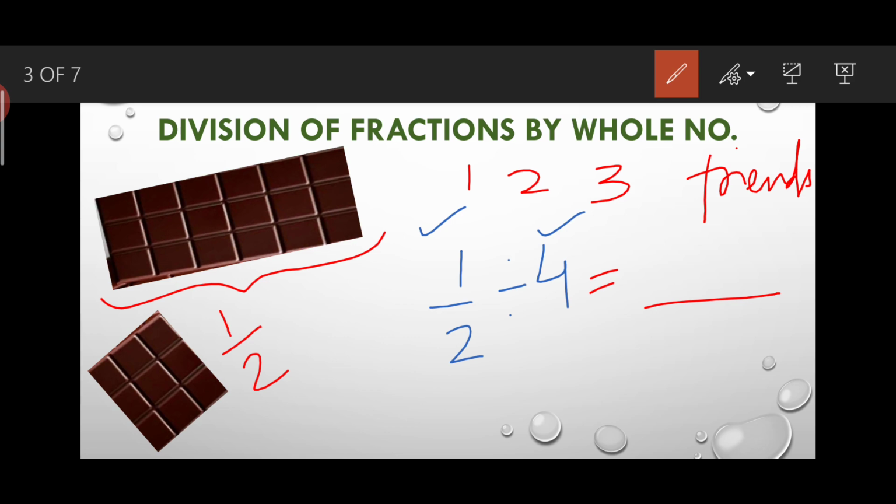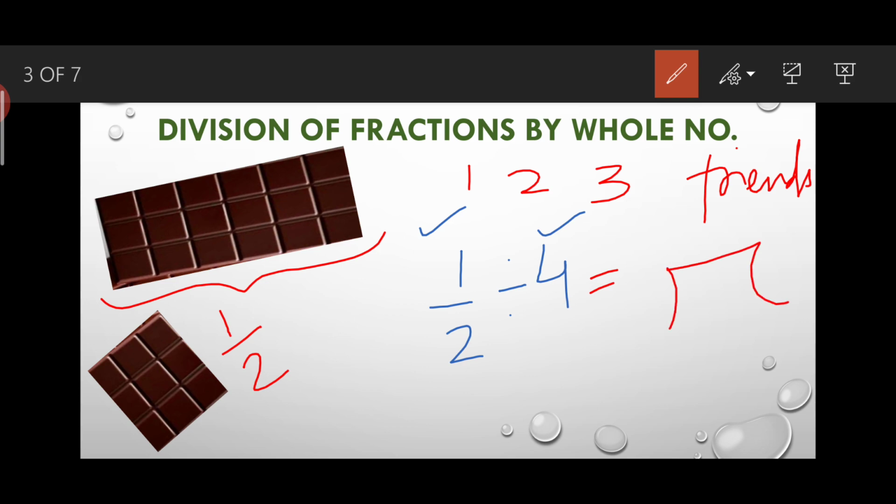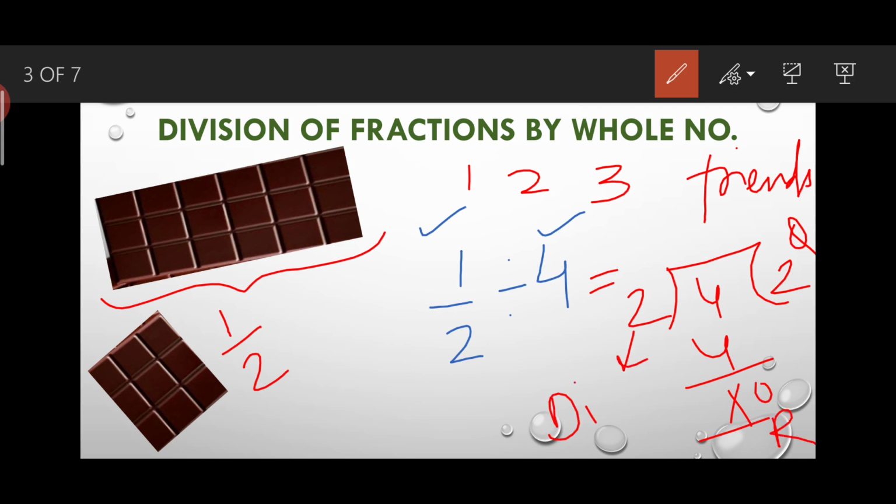First of all, see, if you divide any number, there are three terms. If you divide 4 by 2, 2 2s are 4, we get 0. So from here you can see that 2 is our quotient, 0 is our remainder, this 2 is our divisor, you have to note this down in your notebook, and this 4 is the dividend. These four things are very important: quotient, remainder, divisor and dividend.